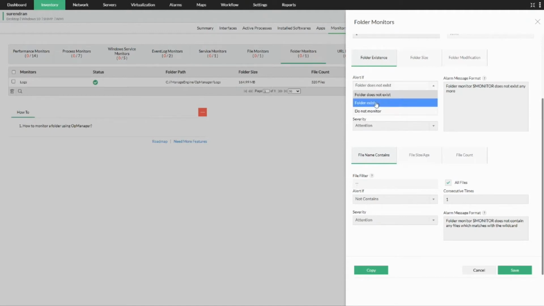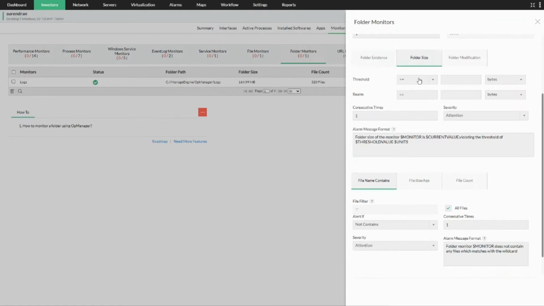So here I am monitoring the folder's existence, and I can also monitor the size of the folder. For example, if my folder goes beyond 5 gigabytes, which is pretty huge, I want to get alerted. If it's less than, let's say, 500 MB, that's normal. If it's beyond that, then I need an alert. So in those cases, I could set this threshold, and I could also set a custom severity for this alert as well.